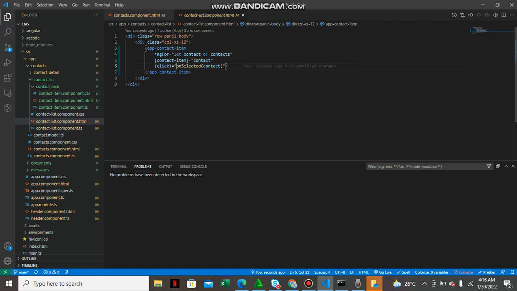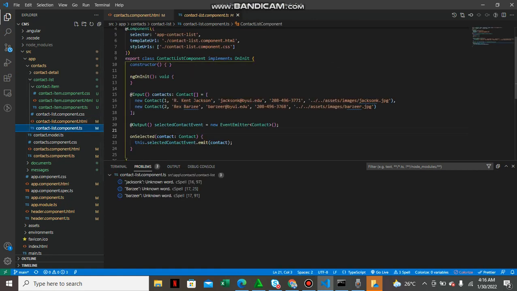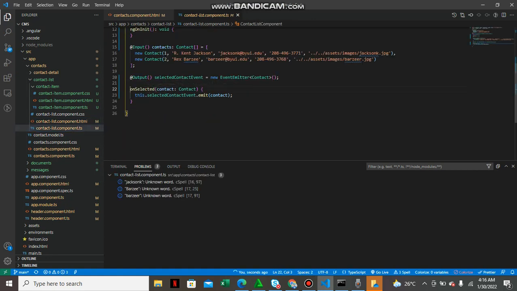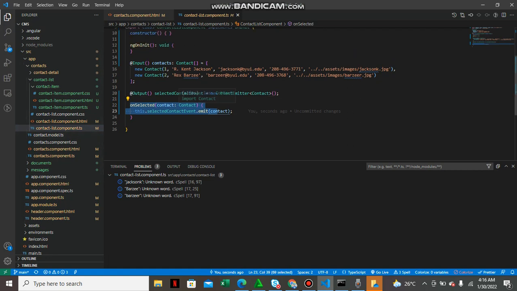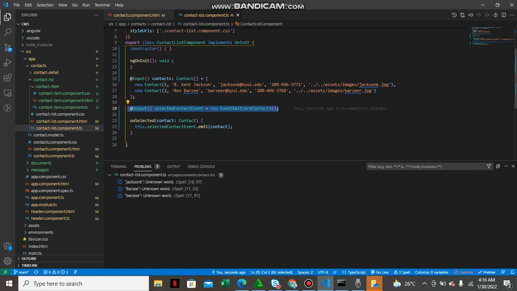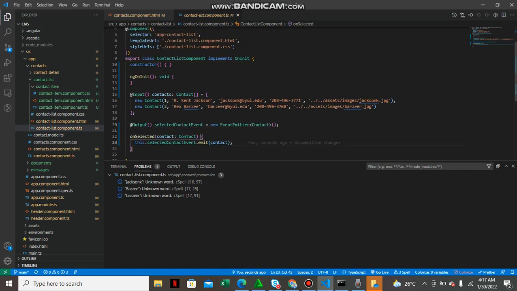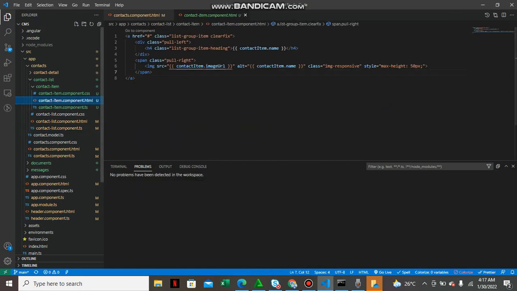When the user clicks on any contact row, this unselected event will get fired, and this event is in the contact list TypeScript file, wherein an event emitter is initialized, and this unselected method will emit this output variable, and eventually display the contact details, which we will see here in